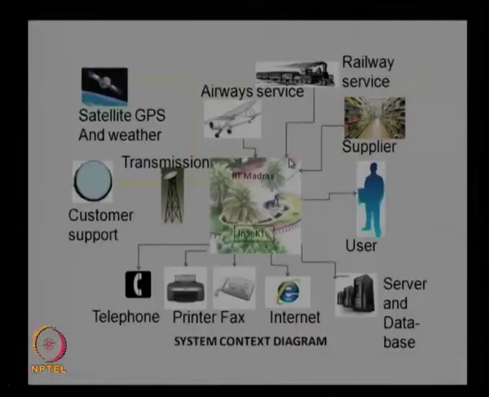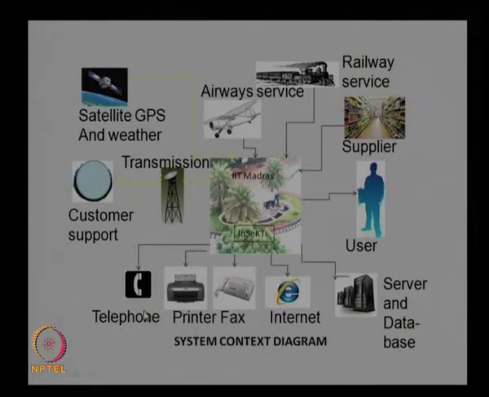Once we have this, we discussed the context diagram and the external systems associated with the main system. And the next task is basically to analyze the functions of the system, or we go for a functional decomposition. As we explained in the previous lecture, the system context diagram is shown here. This is the system where we have many subsystems and external systems acting or used in the main system.